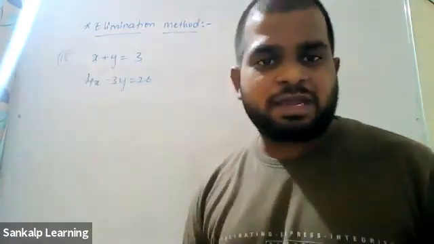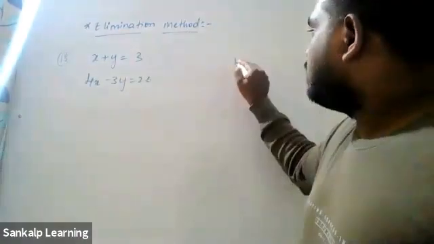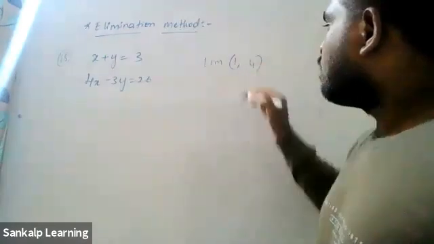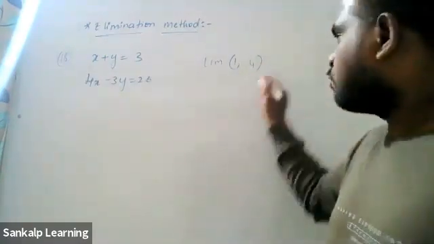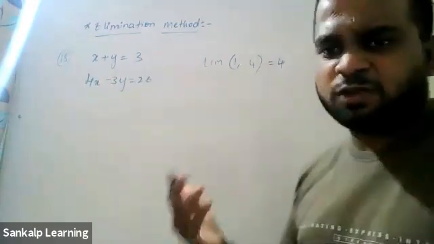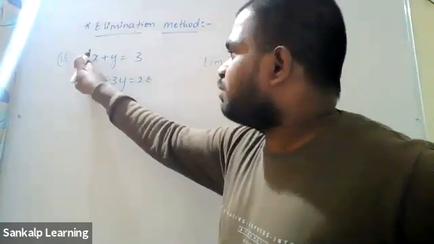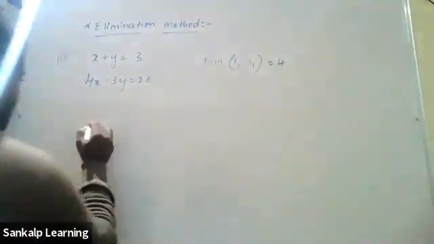If both are the same, I can easily eliminate, right? So how am I going to do it? Here it is 1, here it is 4. So you're going to take the LCM of 1 and 4. What is the LCM of 1 and 4? 4. Very good. The LCM with 1 is always that number itself. Now you have to make this 1 as 4. How will you make 4? By multiplying it.